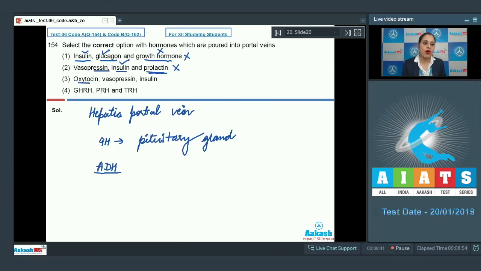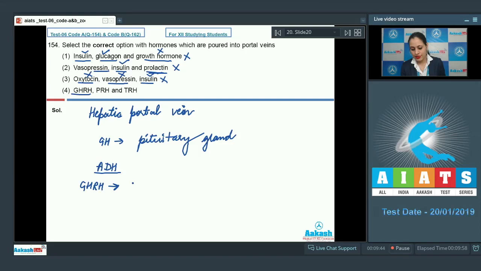The next option is oxytocin, vasopressin and insulin. This is also an incorrect option because insulin, yes, is transported through portal vein, but oxytocin and vasopressin, which are stored and released from the posterior pituitary gland, are not transported through portal veins. The next option given is